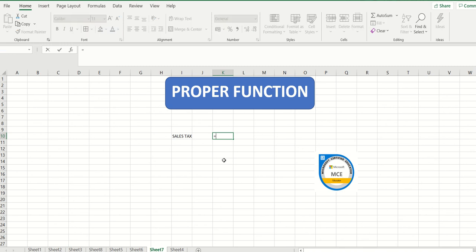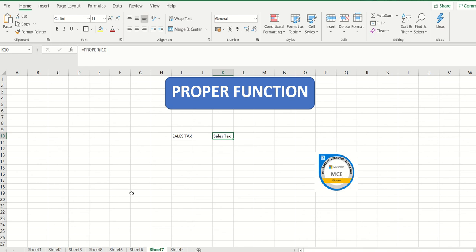I will go ahead and type in is equal to, and then I have to type in proper. This is the one, double click on that, select the text, this is my cell, hit enter from the keyboard. Now you can see it has converted only the first alphabet of the word into uppercase for both the words. So this particular formula could be very beneficial for names, because sometimes we mistakenly type in the entire name in uppercase or lowercase, and I can convert it into the proper format altogether.